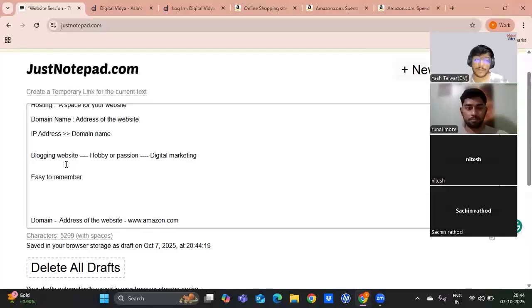There are multiple others as well, but like I said, we'll not get into very many technicalities. So easy to remember, obviously, because that is how people will remember your name and will be able to search for you. Also, try to avoid the use of special characters or numbers in your domain.